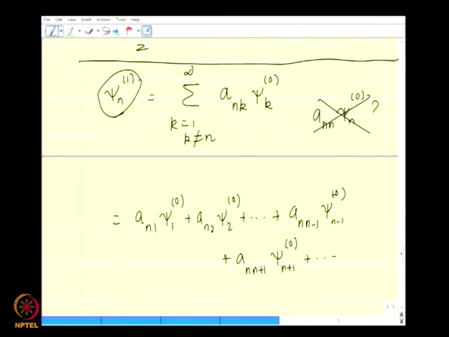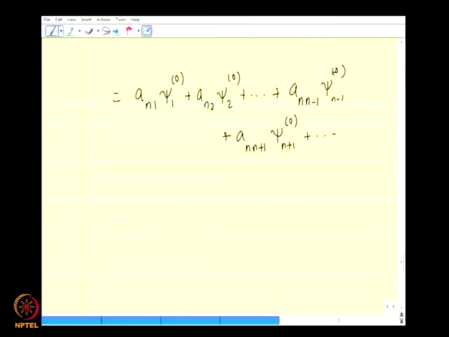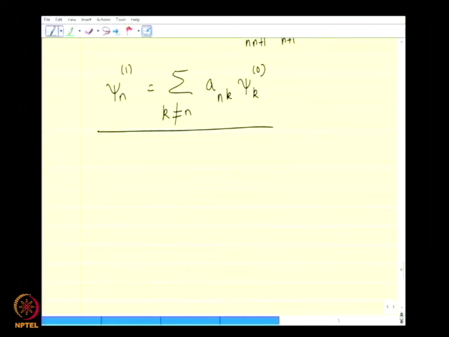Therefore, we will exclude in this summation the basis function corresponding to the 0 order basis function of this, namely k not equal to n. So this is the proposal that we have to make use of, namely psi n1 is equal to sum over k not equal to n a n k psi k 0. Okay. If we use this, now we will go back to the equation for the psi n1, namely